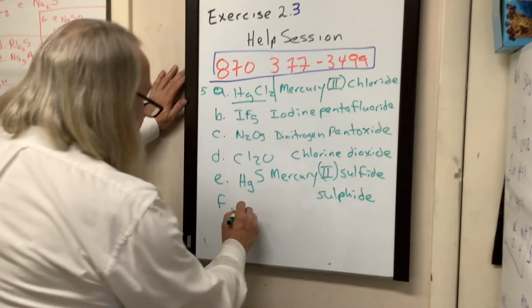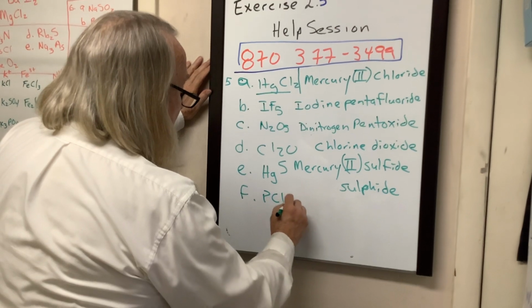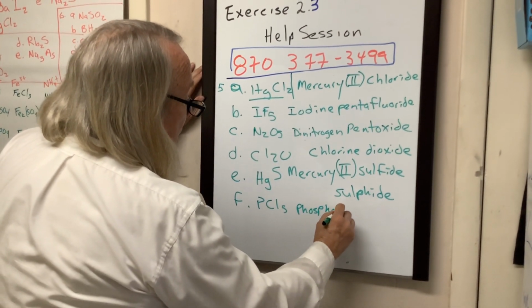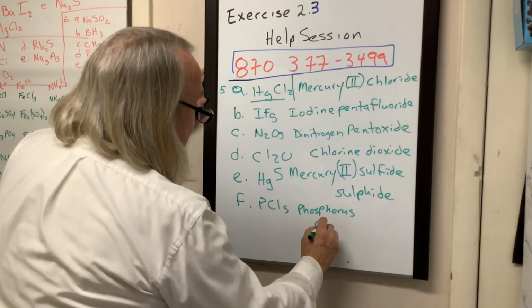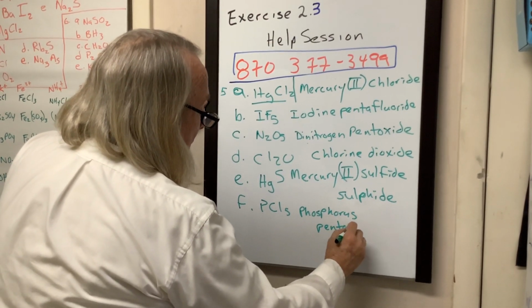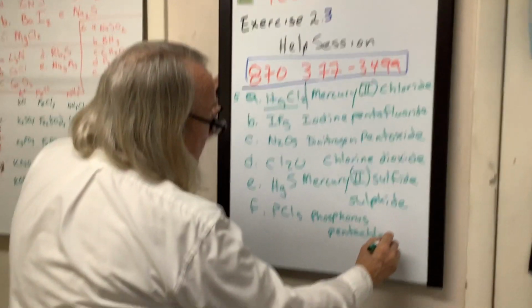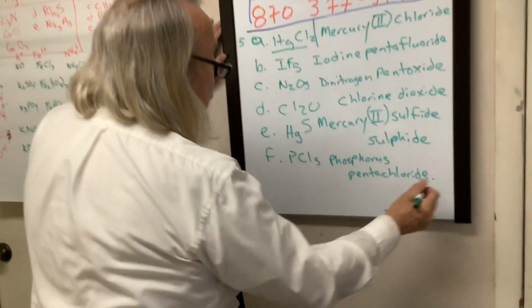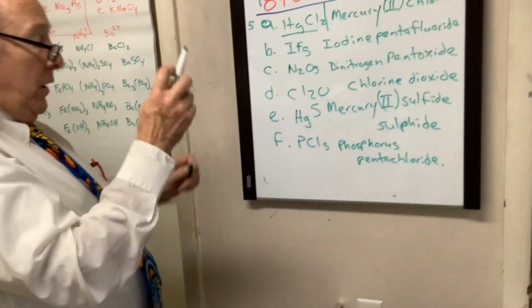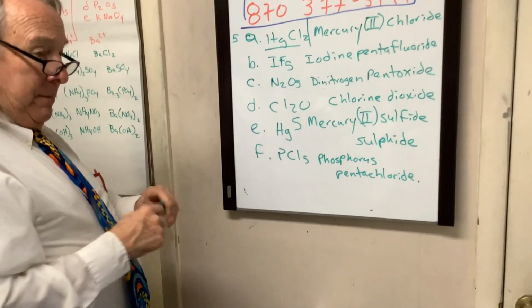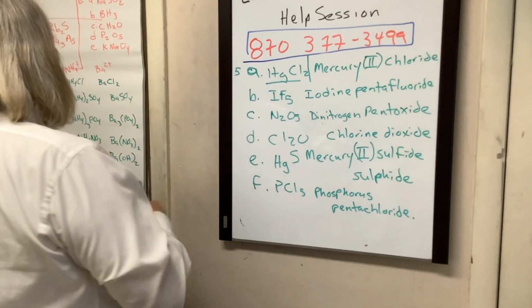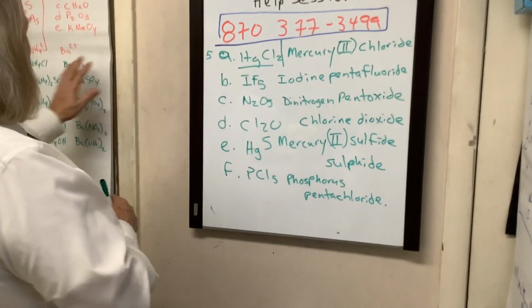So PCl5 is phosphorus pentachloride, as in pentagon for 5. Phosphorus pentachloride. So I'm following our rules for naming covalent compounds and naming ionic compounds, working from putting them together